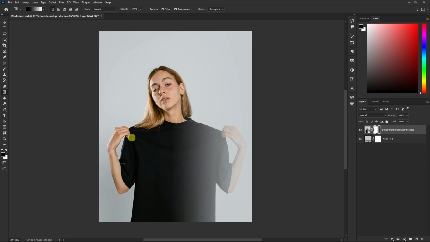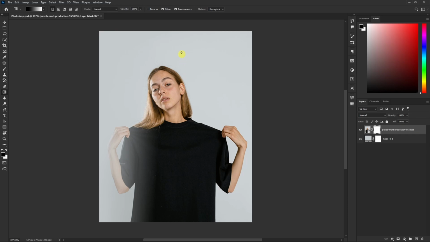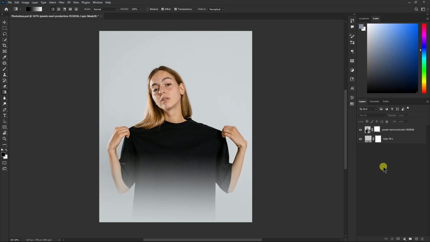That could be from right, that could be from left, as well as you can add the gradient from top. In my case I would love to add gradient from bottom side like this. And yeah, that's it. This is exactly how you can add gradient to your image in